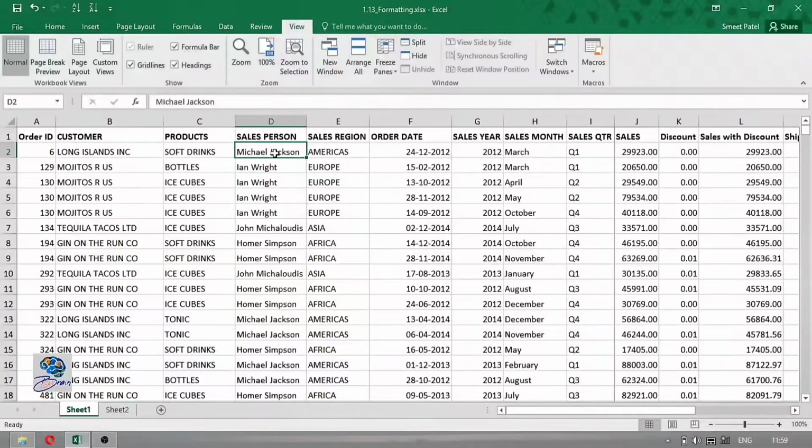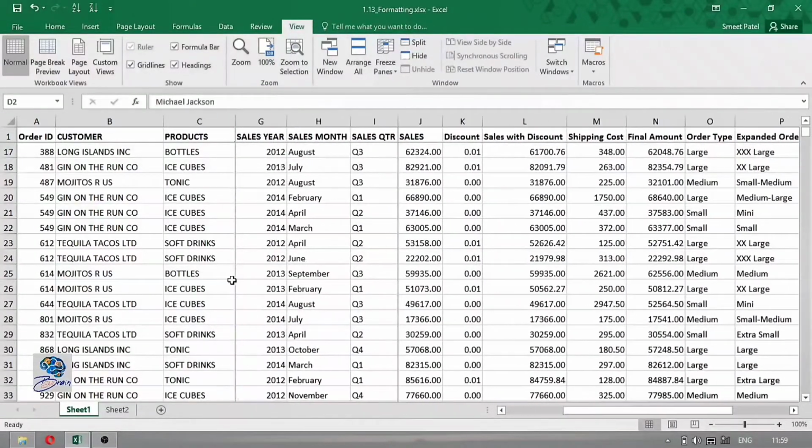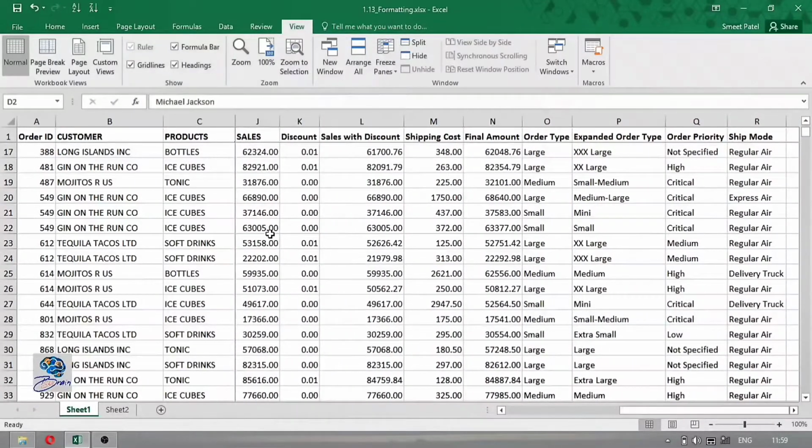Like I have selected this D2 cell, so if I click on freeze panes, it will freeze the rows above the selected cell and the columns to the left of the selected cell. As I scroll down, my first row is frozen, and as I scroll horizontally, my first three columns are frozen. This option is very useful to view larger data.